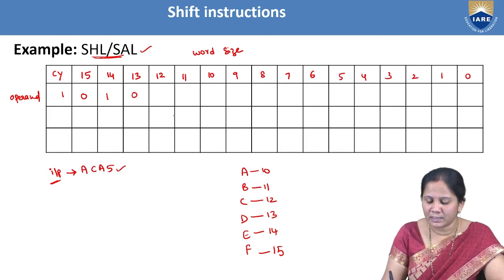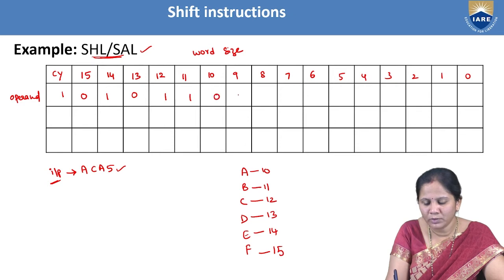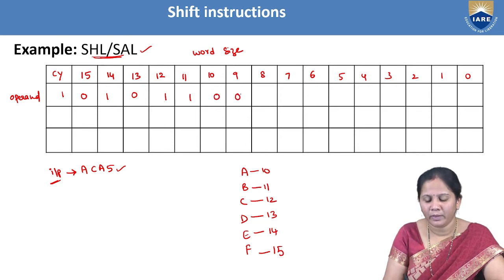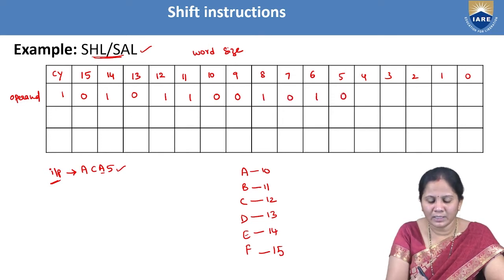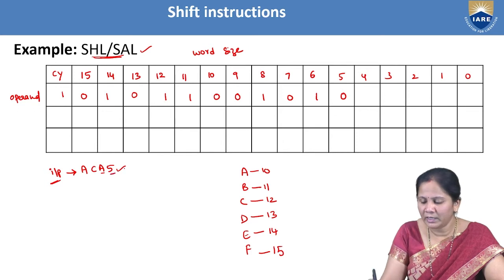Okay. And next, the binary value of C is 1, 1, 0, 0. And the binary value of A again is 1, 0, 1, 0. And the next number is 5. So the binary value of 5 is,